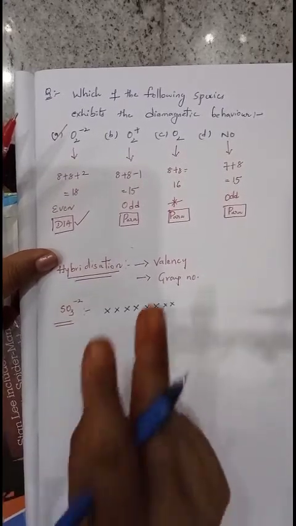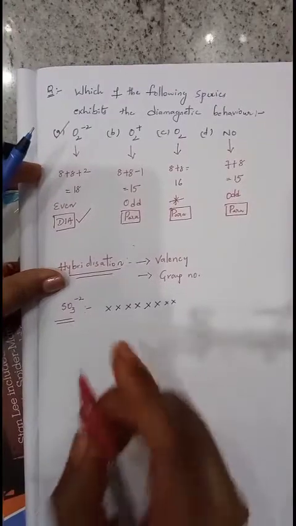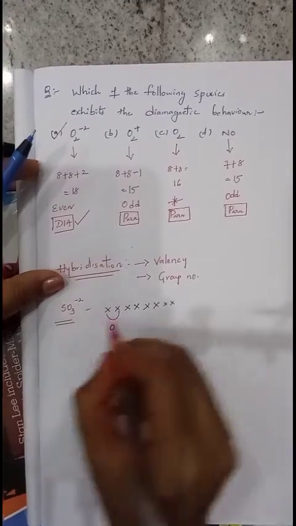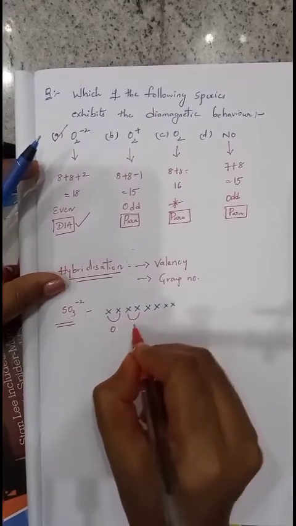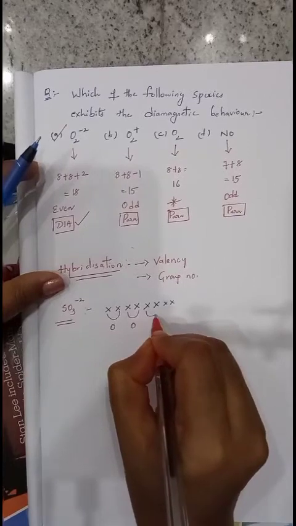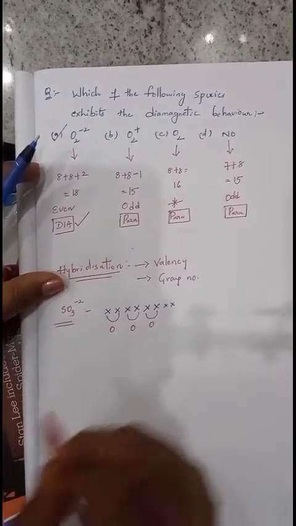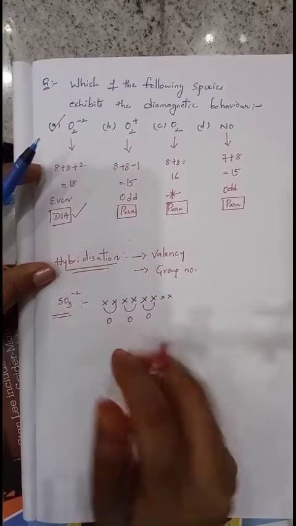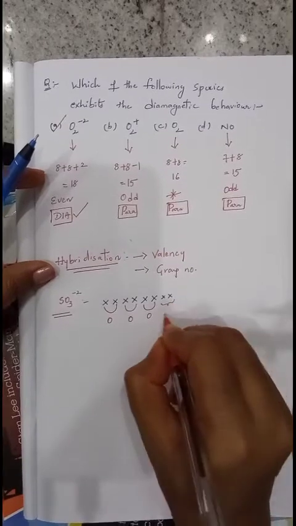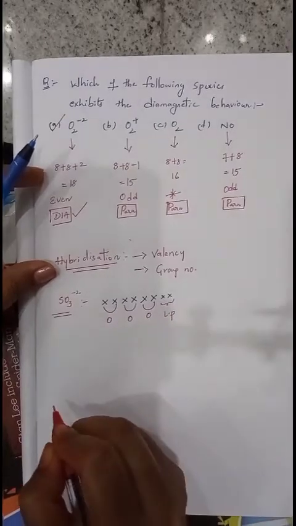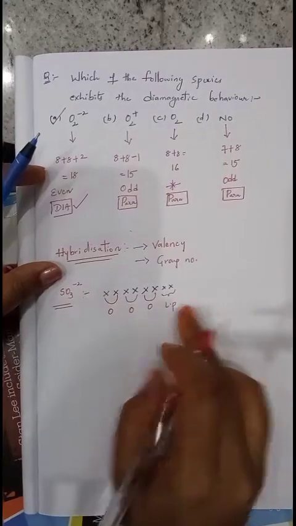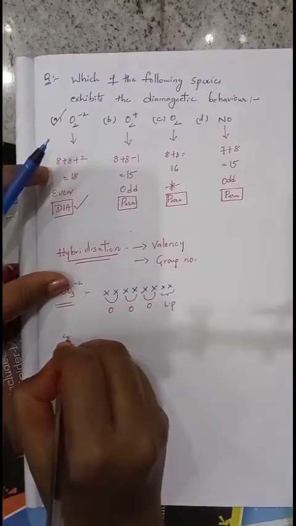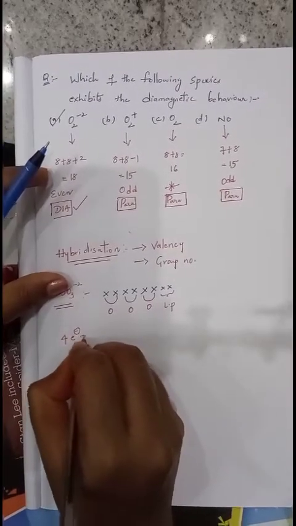Okay. Now the sulfur is in bond formation with the oxygen. Each oxygen valency is 2. That means to reach its octet configuration, it requires 2 electrons. These 2 electrons are taken by the first oxygen atom. Still 2 more are there. These 2 electrons are taken by another oxygen. These 2 electrons are taken by the third oxygen atom. Okay, so that's it, only 3 oxygens are there. They have taken these 3 pairs of electrons, and another 2 electrons can exist as a lone pair of electrons. Clear? Then total number of electron pairs here you can observe: 1, 2, 3, 4. Total number of electron pairs are 4.